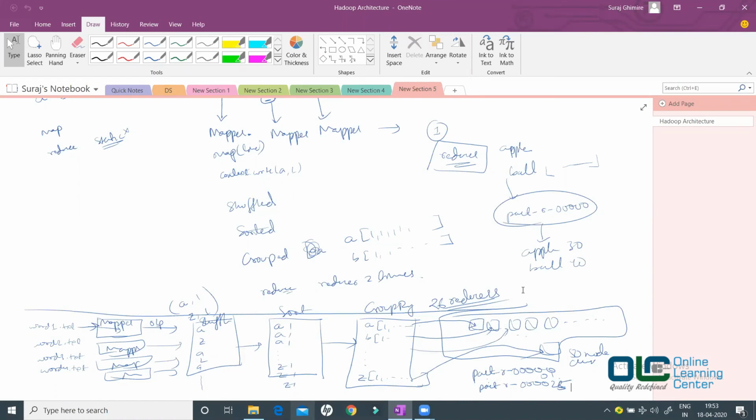Do we need to pass the file name as a parameter for the MapReduce program? Let us not talk about this today because we have not done that programmatically. Once we start writing code, at that time we will see what are the things we can pass, and then it will be very clear to you.